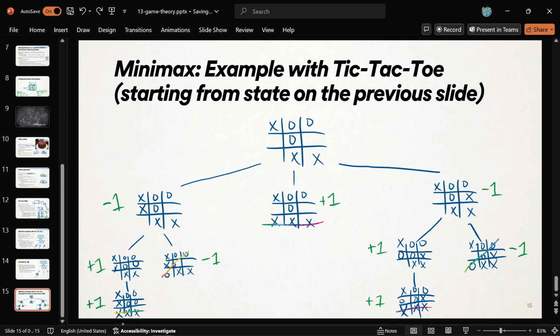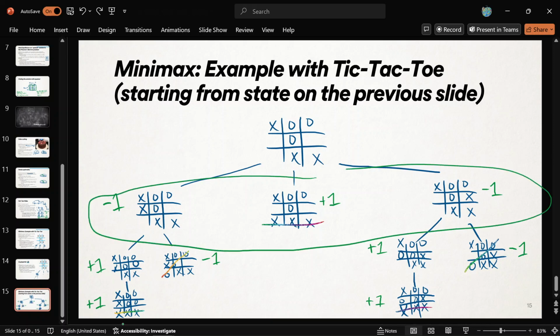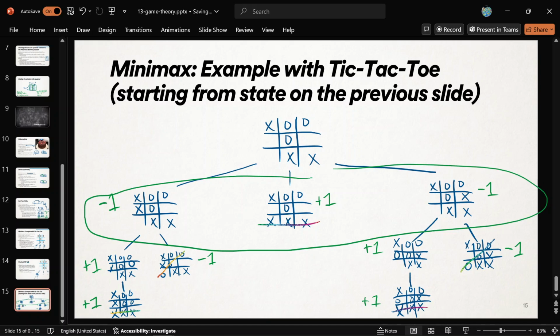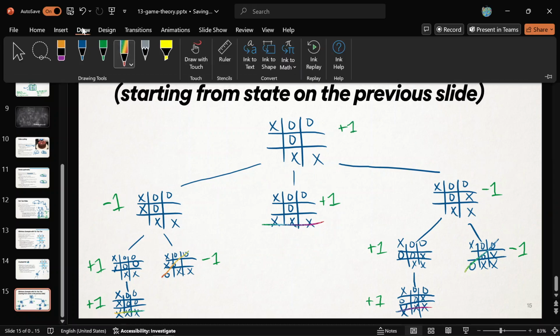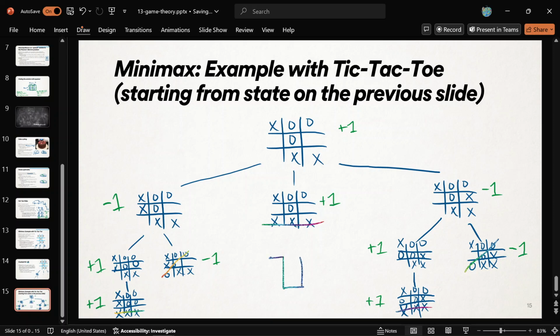Okay, so that's the secret. And now we've assigned numbers to everyone but the initial game board. Again, this is from X's perspective, and so we would like to maximize our own chances out of all these options. So we're going to take the maximum over all of them, and that's going to be the positive 1. So we can assign positive 1 to this outcome. And that finally means we better make this move as X. Does that make sense? That's what Minimax tells you.